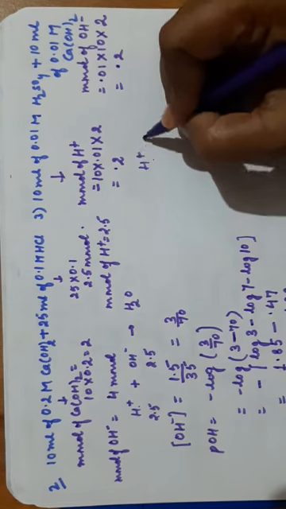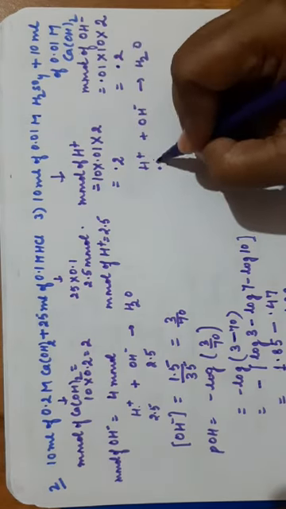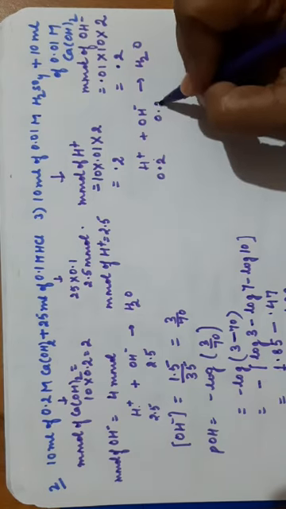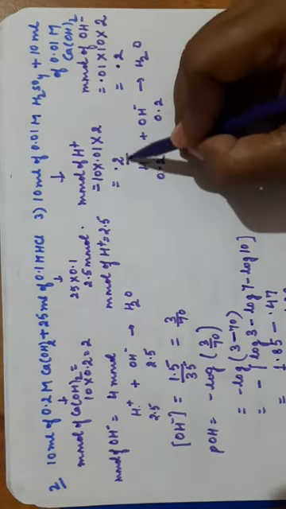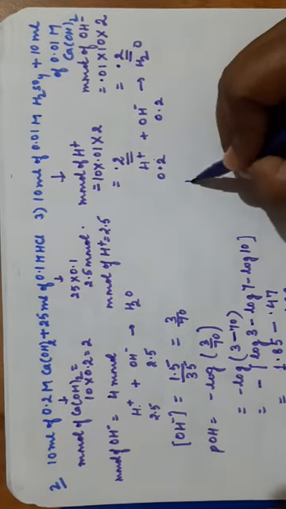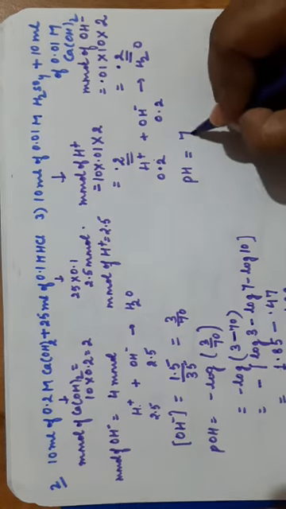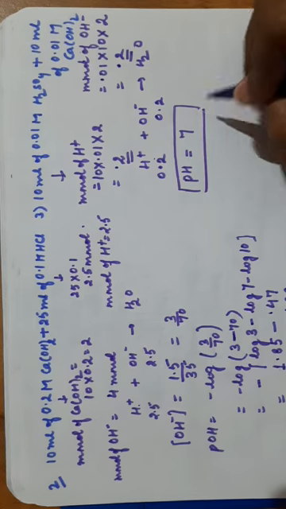That means H plus plus OH minus gives H2O. 0.2 will react with 0.2 millimoles of OH minus. तो दोनों खत्म use up हो गए. That means neither excess H plus ions nor OH minus ions are present in the solution. That means what will be the pH of the solution? This solution will be neutral because both are equal and the pH will be equal to 7.